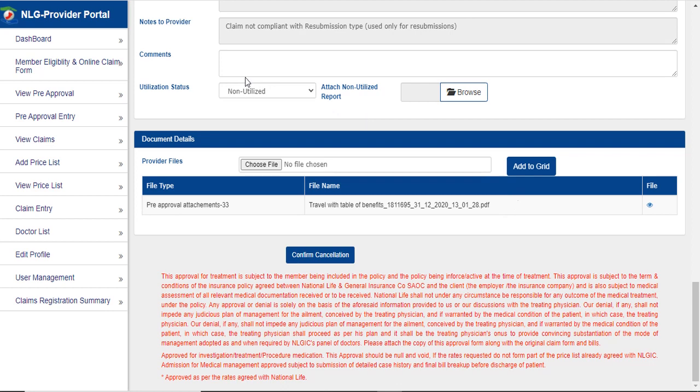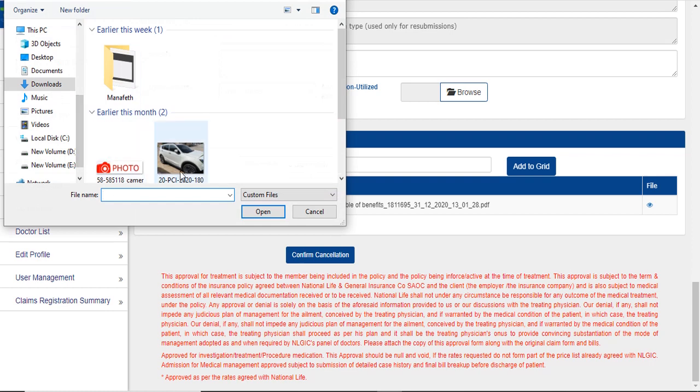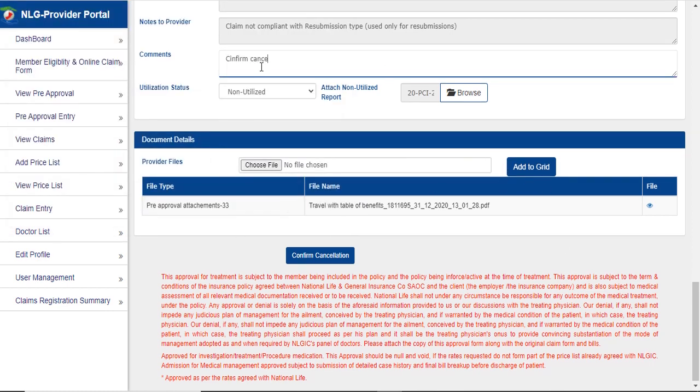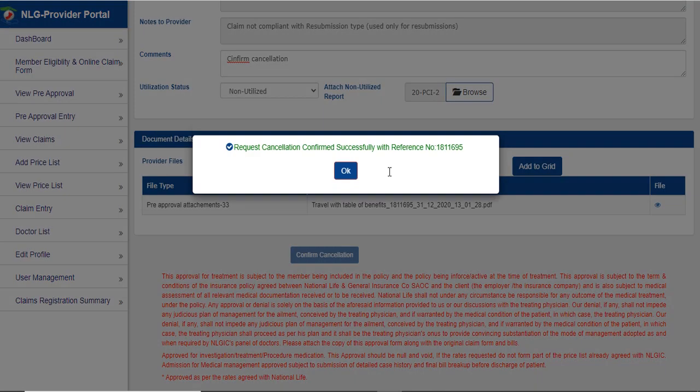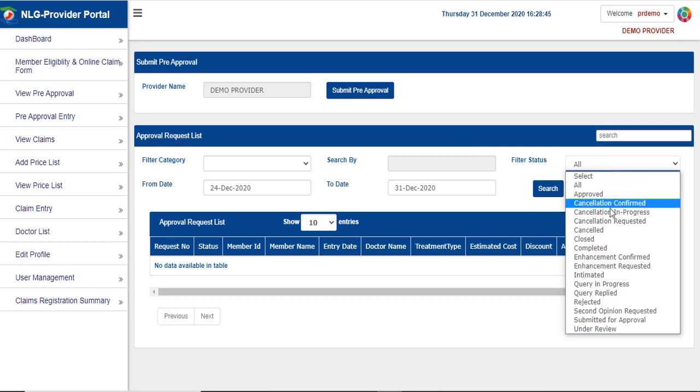Once the cancellation is confirmed by the insurance company, the provider needs to attach a non-utilization report with remarks and save the data, browse the data and upload the document. Enter the comments, click on the Confirm Cancellation button to confirm. The pre-approval will be successfully cancelled with a success message. Click OK to close the message and it will be redirected to the view filter screen. Select the status as cancelled and click